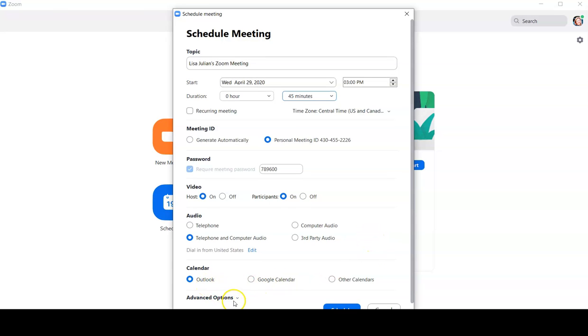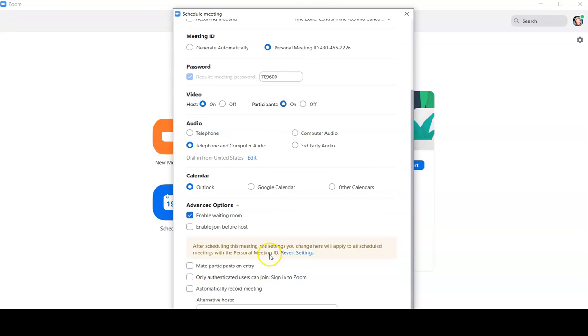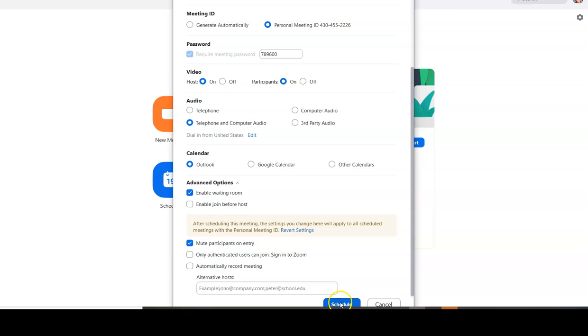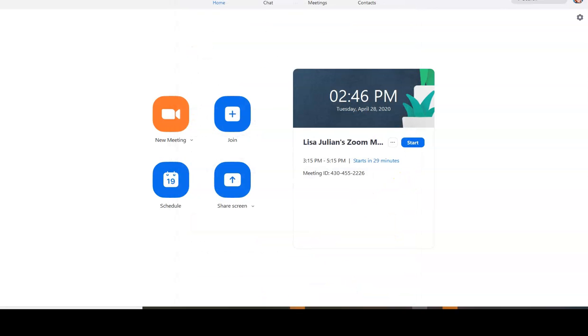You can schedule this with Outlook. You can also click on the advanced options. You want the waiting room to be enabled. Do you want them to join before you? That's up to you. I'm going to go ahead and click that off. You want participants to be muted on entry, and then you can go from there. At that point, you can click Schedule. So it's going to schedule the meeting, and then it's going to open up my Outlook